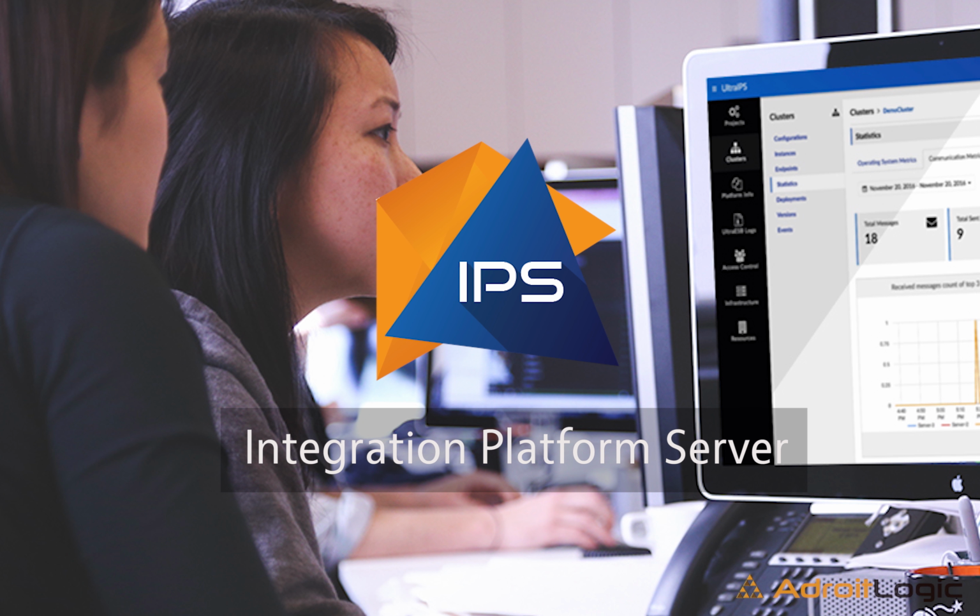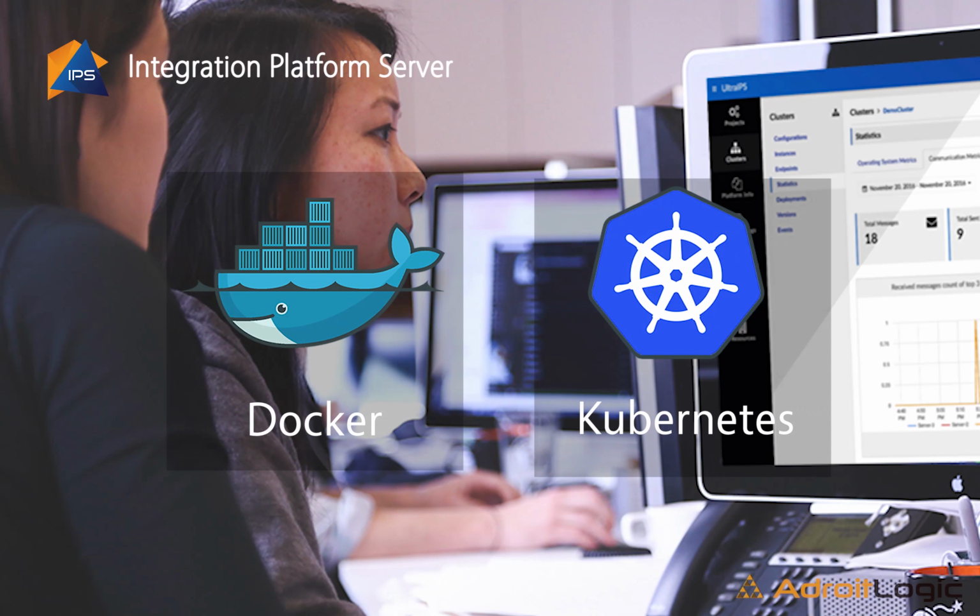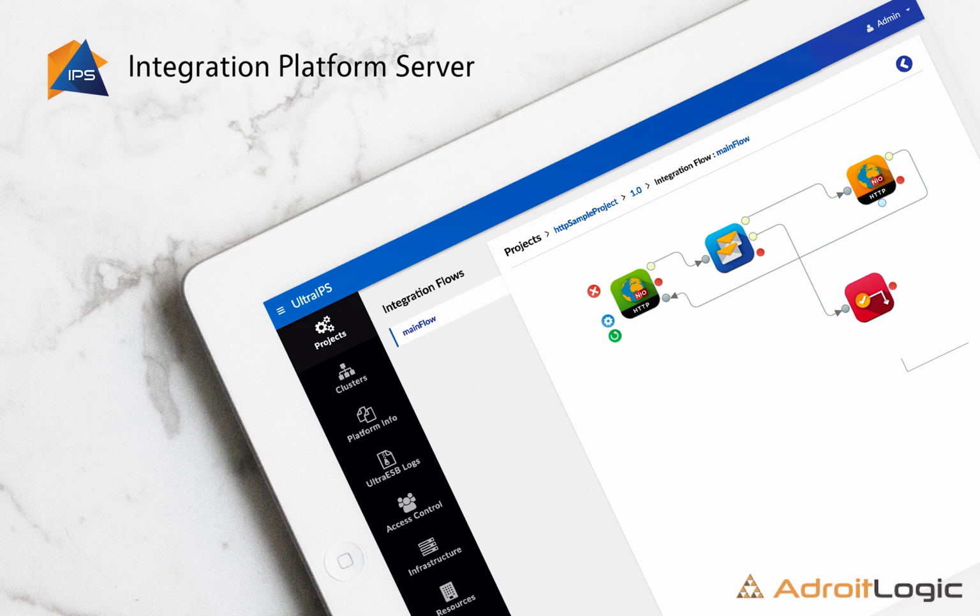AdroitLogic Integration Platform Server is a multi-node container platform based on Docker and Kubernetes to easily deploy and manage AdroitLogic Ultra ESB instances. This screencast will walk you through the installation guide of a 30-day IPS evaluation setup on your